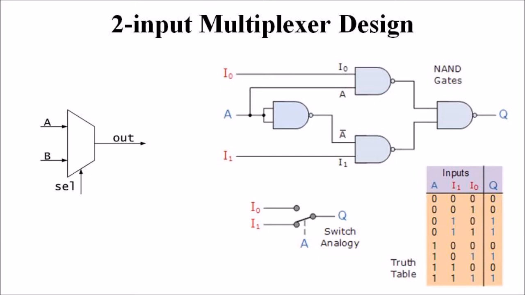From the truth table, we can see that when the data select input A is low at logic 0, input I1 passes its data through the NAND gate multiplexer circuit to the output, while the input I0 is blocked. When the data select A is high at logic 1, the reverse happens and now the input I0 passes the data to the output Q while the input I1 is blocked. So by the application of either a logic 0 or logic 1 at A, we can select the appropriate input I0 or I1, with the circuit acting a bit like a single pole double throw switch.